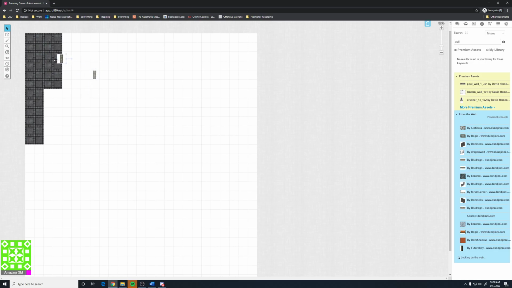Oh no, this doesn't actually have a transparent background. I can't use that wall. I need a wall with a transparent background. Well, crap. They don't have a good one. Well, they do have one here. So now I have to go